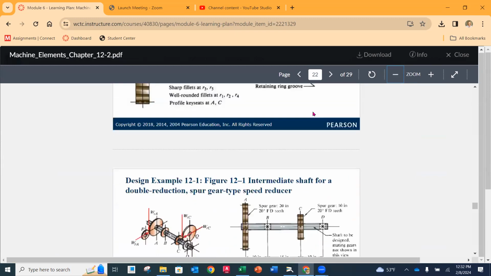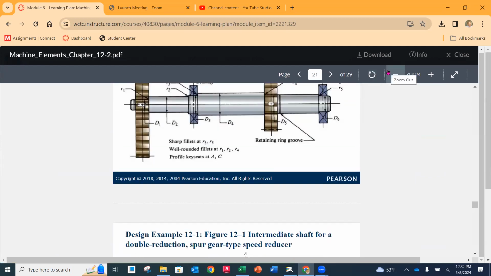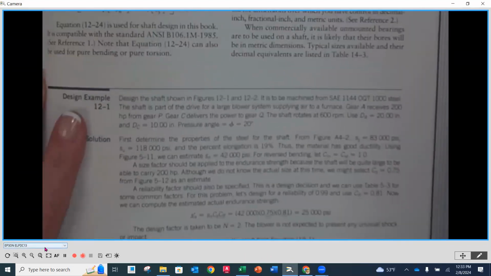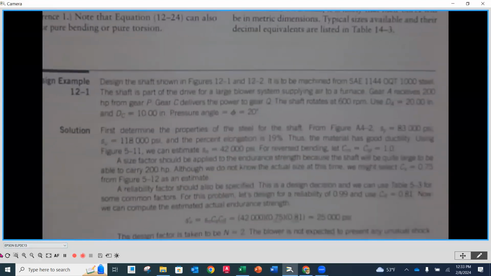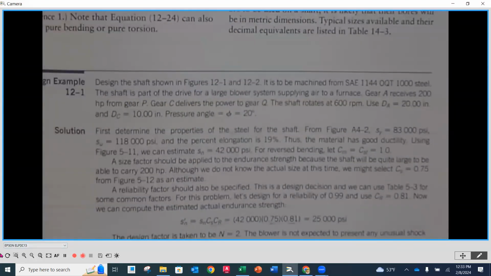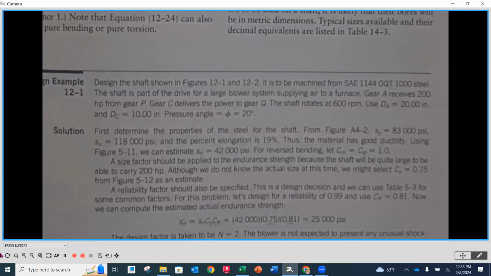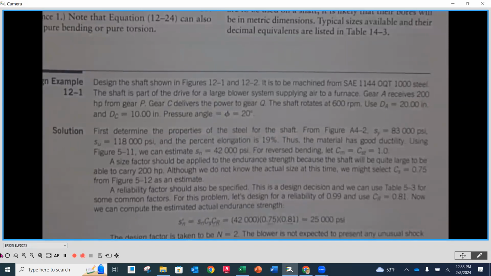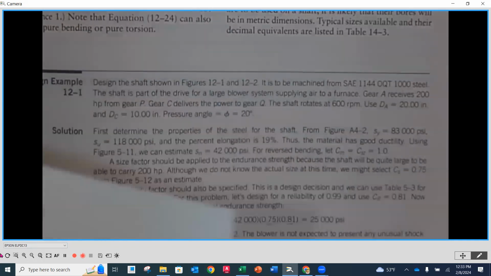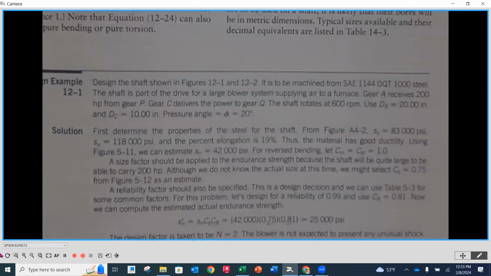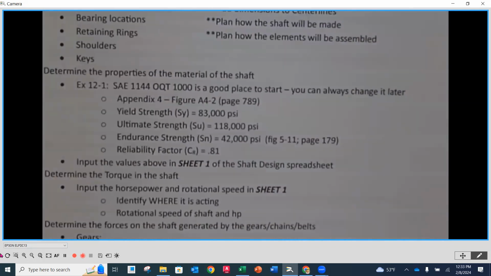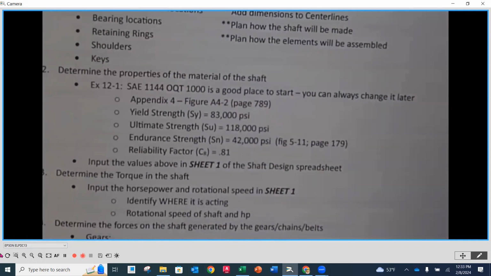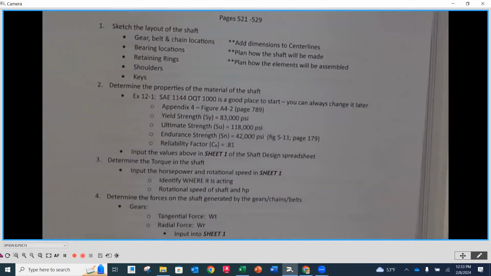Okay, so what we're going to do is open up our book to page 521, and we're going to start going over this example. Because you have already looked here, you probably have an idea of the process that we're going to be going through. The spreadsheet is set up in a way that it's going to follow along, but like I said, there are some things that we need to know. So the overview process that I created in my handout is going to walk us through what we need to do